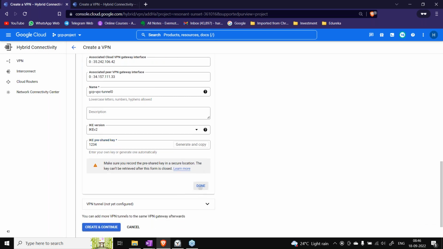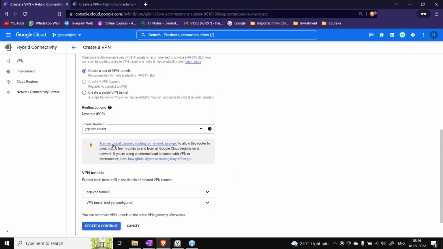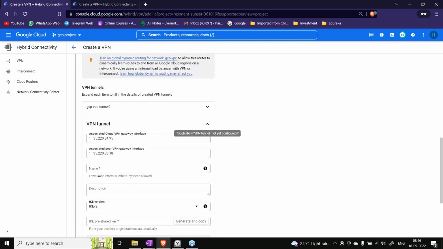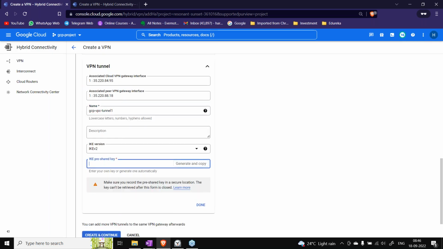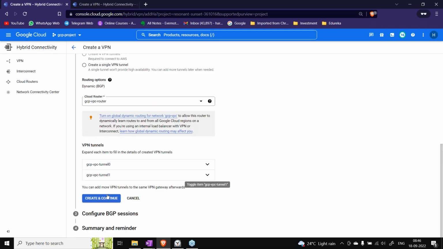So that's how this setup is done. Similarly, I'll create another tunnel with another name. We are creating two tunnels, right? So tunnel 0 and tunnel 1. Here also I am going to give the same one, and I say continue.